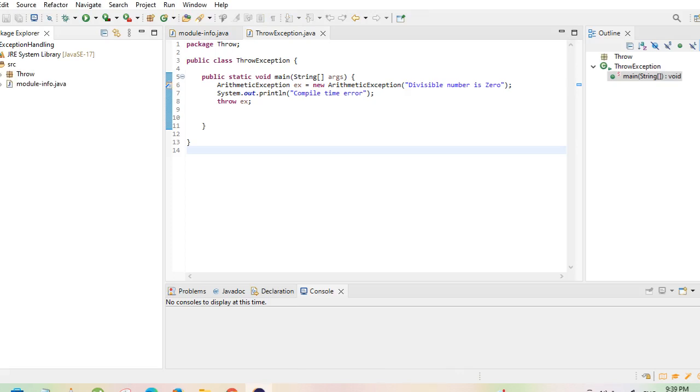Before this exception, we will have some set of codes. If that code is not working perfectly, instead of throwing a null pointer exception all the time, in order to show a specific message to the end user, this exception handling came into the picture. By this message, they need not go into debug mode. They can directly read the content of the exception message and understand the error in the code.